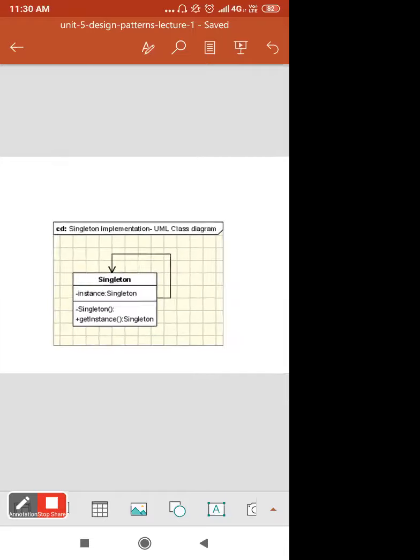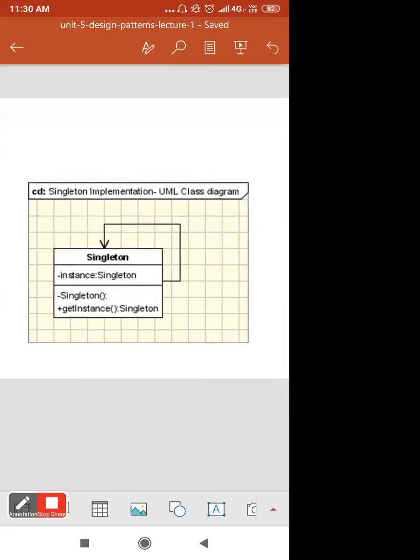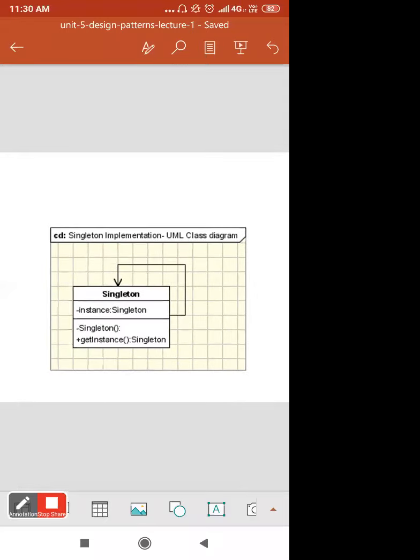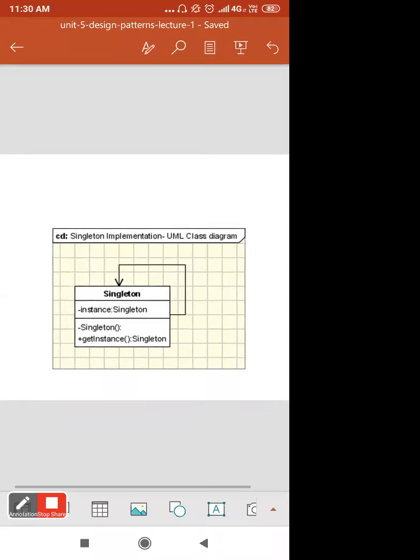The diagram is given here. Only one class, one method is there, and only one object is there. This is the singleton implementation using a UML class diagram.